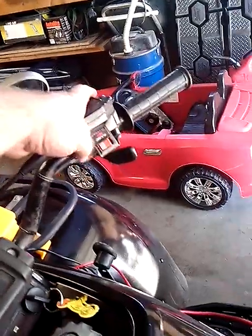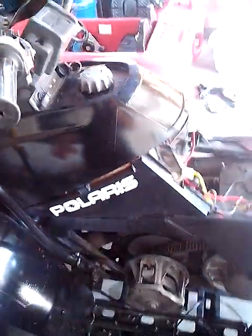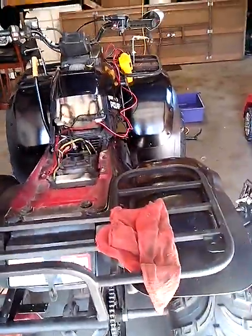And I got the selector switch for the 4-wheel drive working right again. Still don't have any front brakes, but during the winter times, just drop the plow. And with these new back tires on here, I just hit the back brakes and it comes to a stop pretty quick. So that's the update, and I'm going to keep working on this thing, and